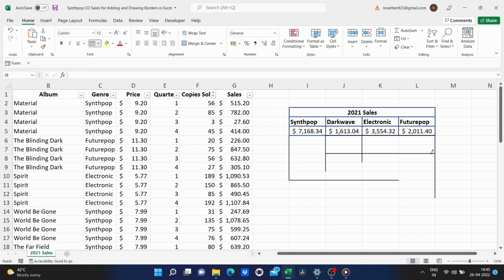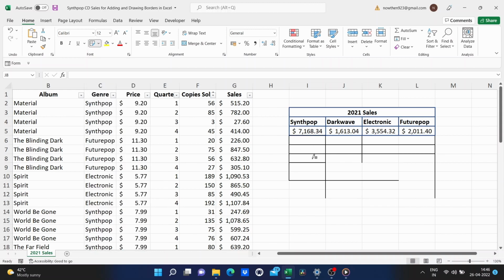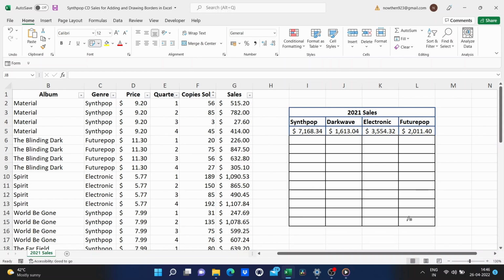Now, what if you have a lot of cells in a range like I do here, and you don't want to have to specifically draw every border edge with the mouse? And by the way, you can simply click instead of clicking and dragging. But if you don't want to have to do that, what you can do is go up here and click on this button and select Draw Border Grid. So at this point, when I click and drag, I'm selecting a grid, and everything within that grid of range that I select will have the border. So that's a faster way in many cases to do what I want to do.